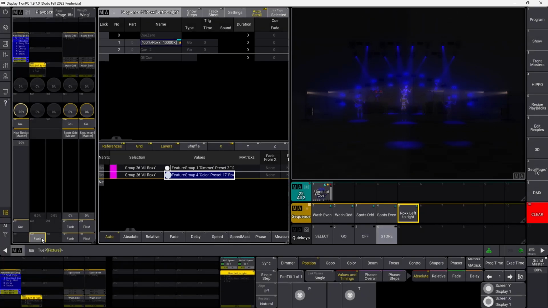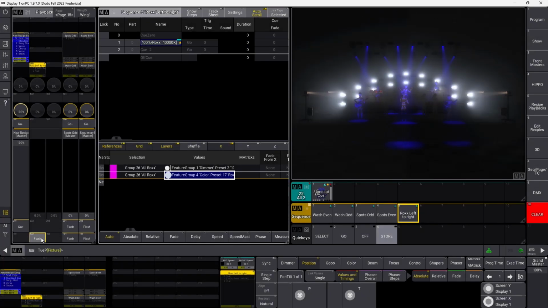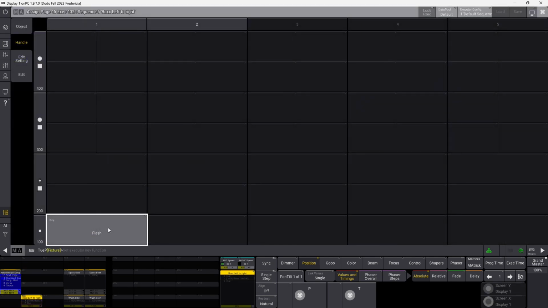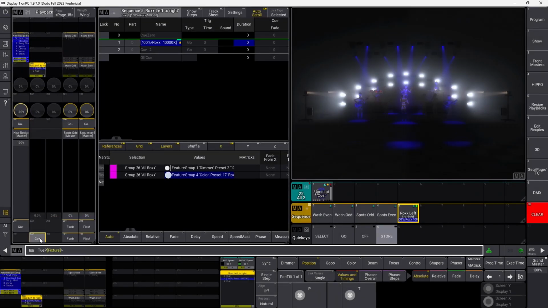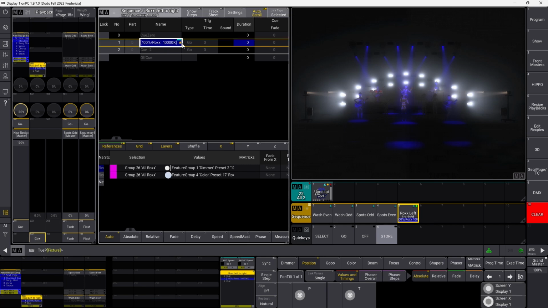So now if I flash this one, they are all going to turn on. Basically I need this to be a go button. So if I go in here and I define Go Plus, it should be a go button, so it just turns on and nothing is happening in the next cue. So let's say we need this guy here to be delayed. We go into our preset. We want it not to fade, but we want it to delay